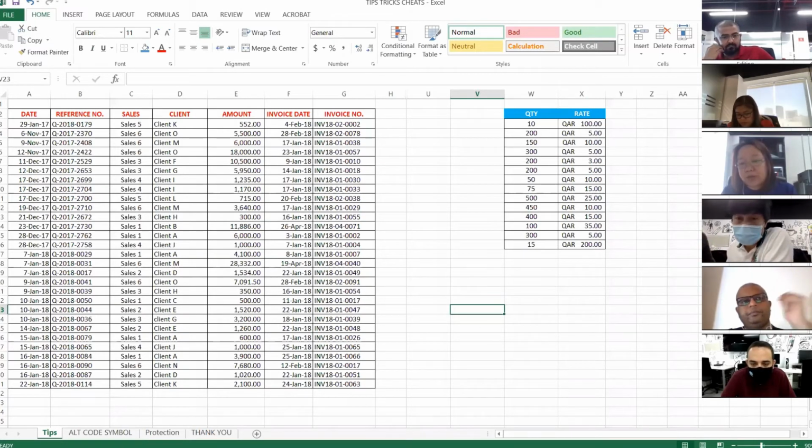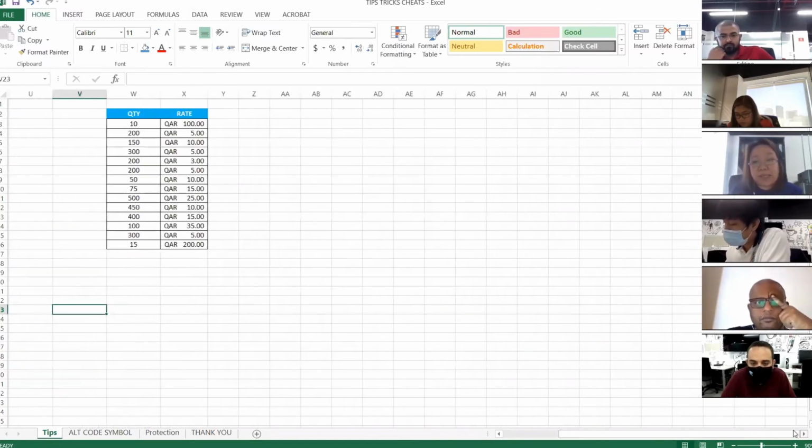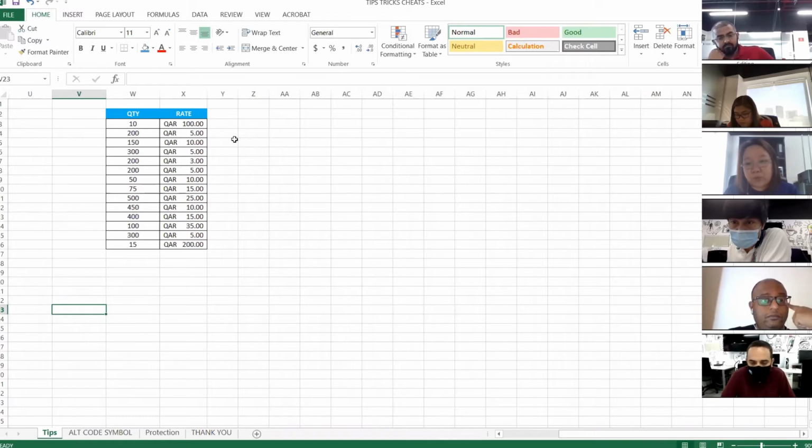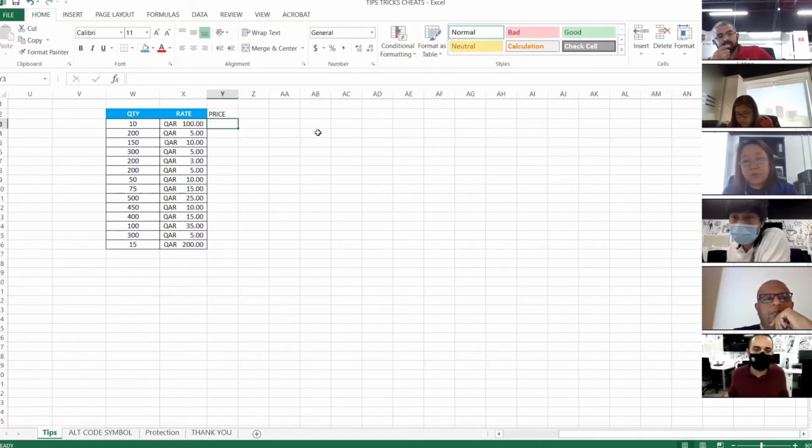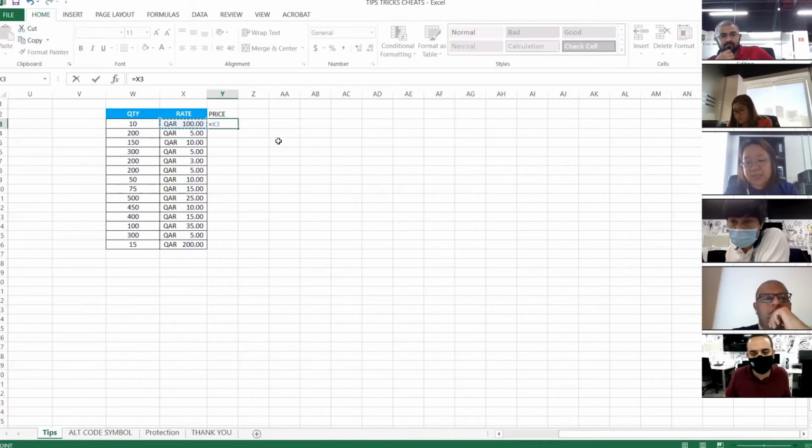So how do we use the dollar sign? I have here a small table, assuming that we wanted to do pricing. So here, we're going to calculate the price. So we're going to do calculation. For example, we wanted to put a certain percentage. So we use the equal sign, we select the rate, and then we multiply it by the percentage that we want to put. If we want to put 40%, that would be times 1.4. Okay? Why 1.4? Because 40% in decimal is